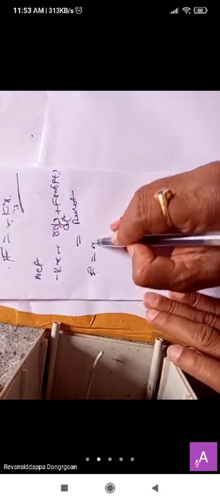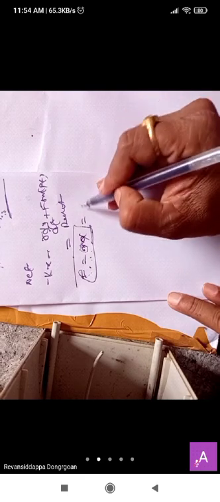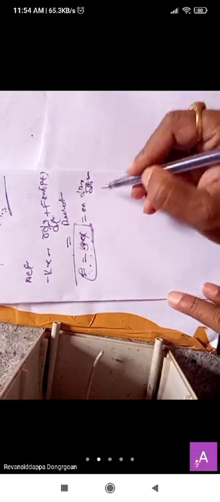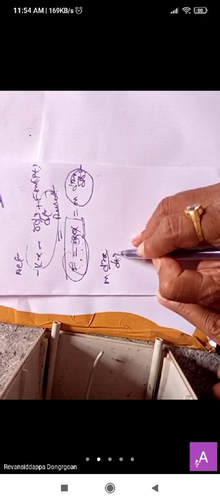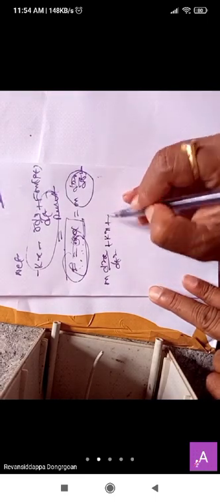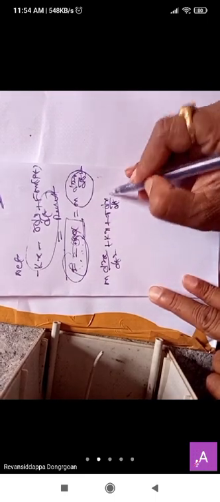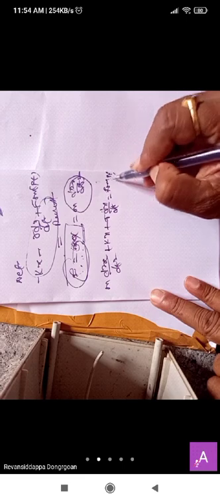But according to the last class, Newton's second law, F is equal to ma. Force is directly proportional to acceleration, and mass is constant for that body, so F is equal to ma. Again, a can also be written as m into d square x by dt square. So this value and the resultant force coincide, and we write m into d square x by dt square, plus kx, plus r into dx by dt, equal to F sin pt, which stays on the right side.